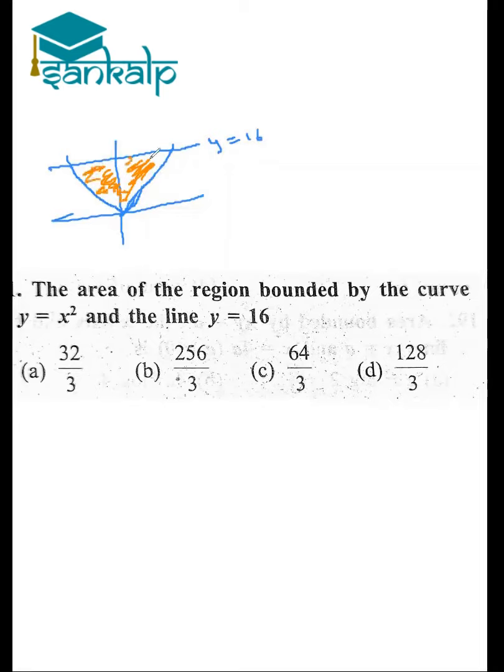So this entire area, you can see it is actually symmetric. It is symmetric along y-axis. So I'll be calculating the area in the first quadrant and multiplying it by 2 to get the required answer. So the required area will be equal to